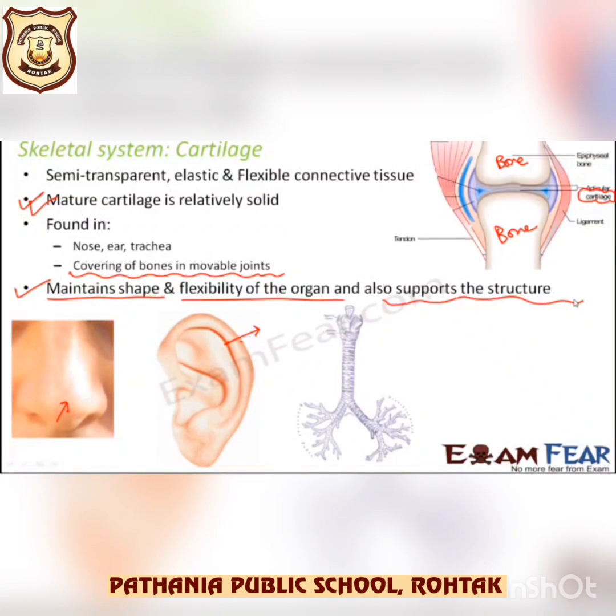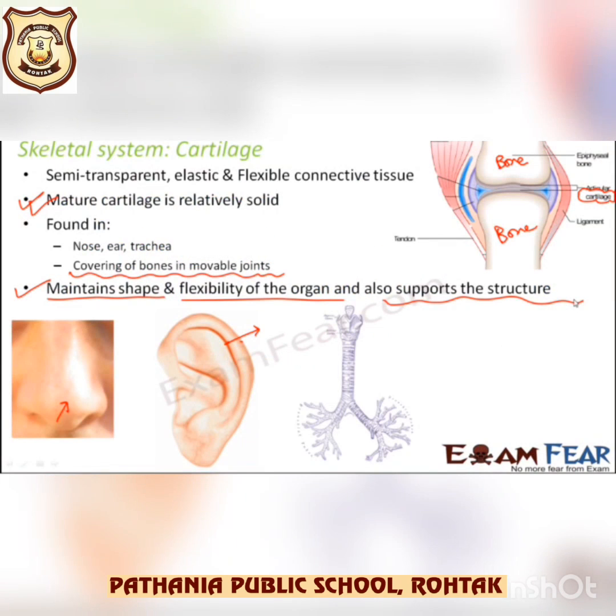The upper part of our ear is called the pinna and the lower part is called the earlobe. If we press the pinna of our ear and the earlobe between our fingers turn by turn, we will find that the pinna is harder than the earlobe, and the pinna of our ear contains cartilage. So cartilage gives support and shape to the ear. Cartilage is flexible, which is why we can bend the pinna of our ear quite freely without the danger of breaking. Feel the end of your nose, right? Feel the end of your nose.